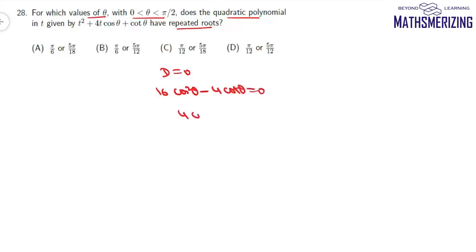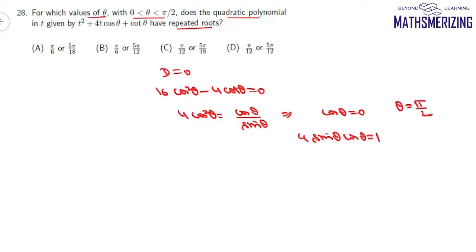So I'll get 4 cos square theta, and here will be cos theta upon sin theta. So I'll get either cos theta equals 0 or 4 sin theta into cos theta equals 1. Now cos theta equals 0, I'll get theta equals pi by 2, which is not included. So here I can write 2 sin 2 theta equals 1, or